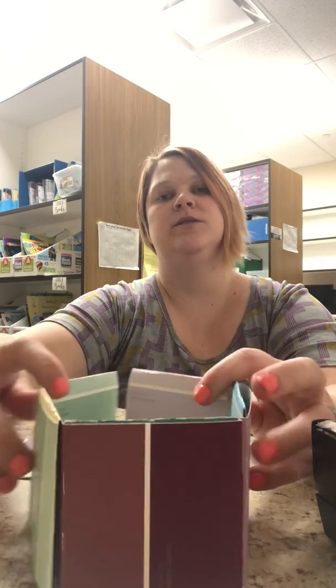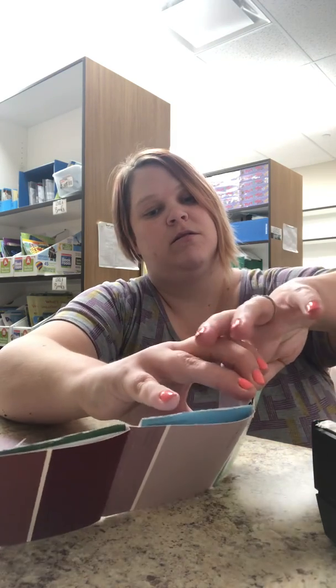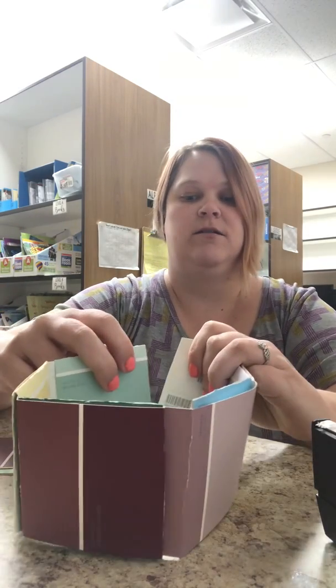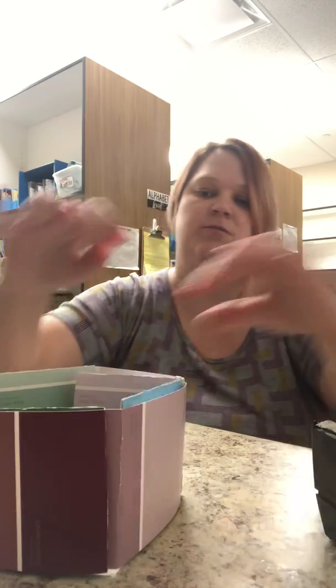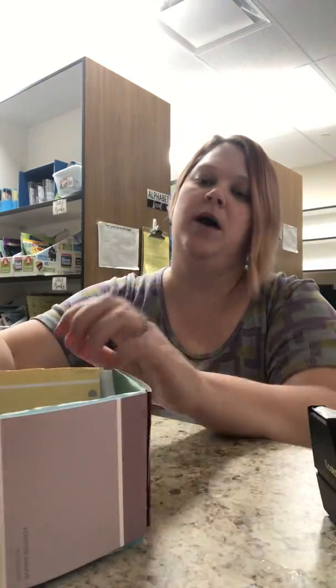And we'll put you right there. Now when I get ready to close this basket up, I'm going to have to choose one of the sides to just take out so that I have another flap to connect it all together. Just to keep everything in place, I am going to add a small piece of tape to the inside of that one. Okay, So now I have the sides of my basket,